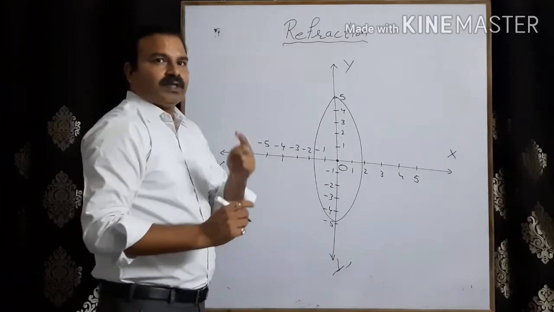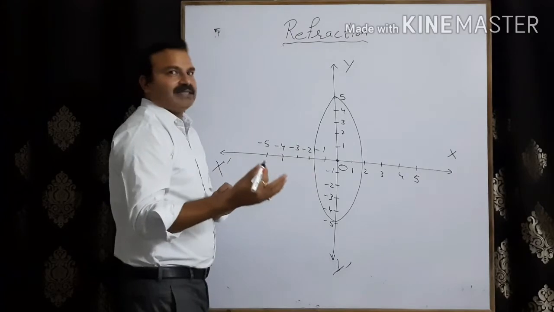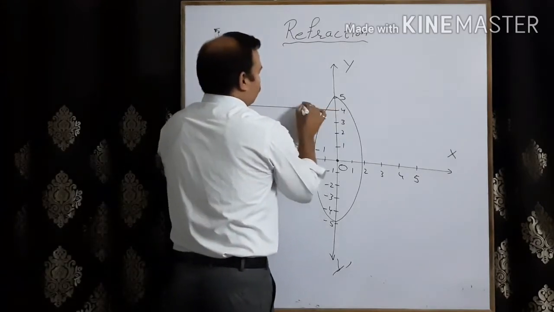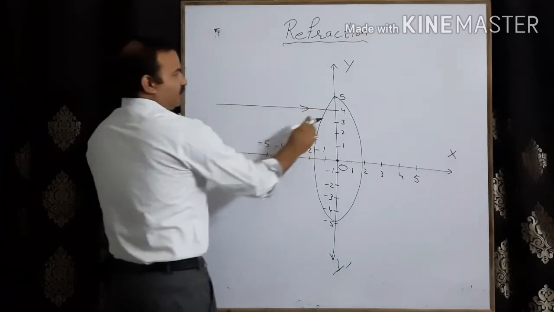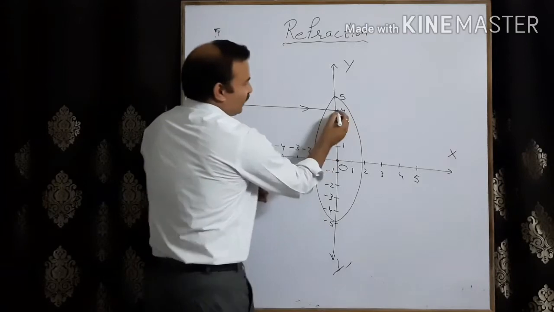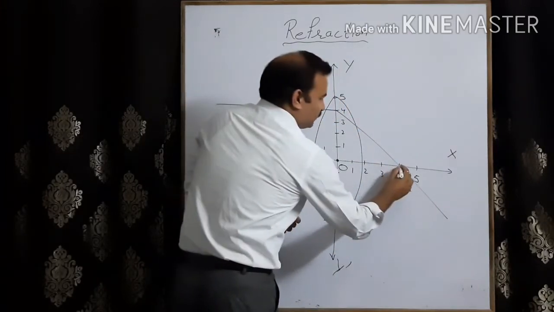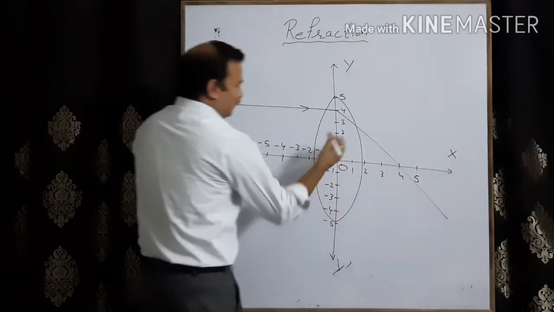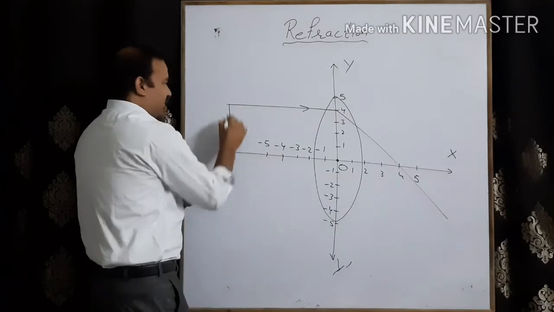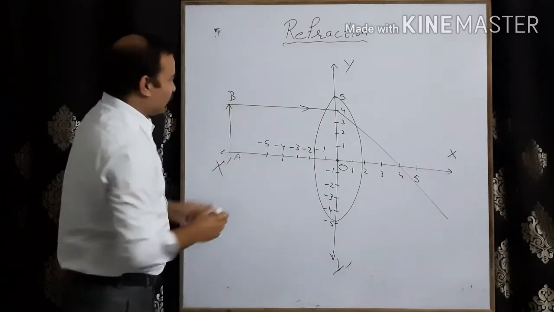Second point was distance measured in the direction of the incident ray. Suppose the incident ray is coming from the left side to the right side, so after refraction let it go towards this one side. Fine, let this be. So let me take another ray, straightway let this be an object. This is A, B is an object.